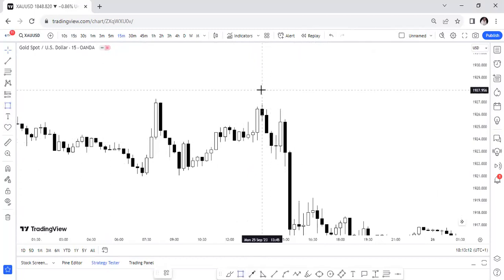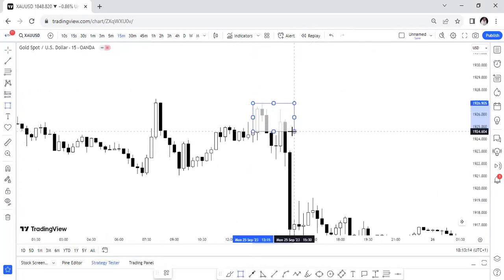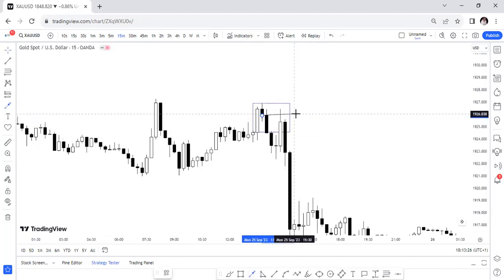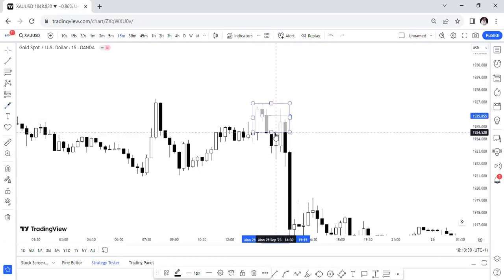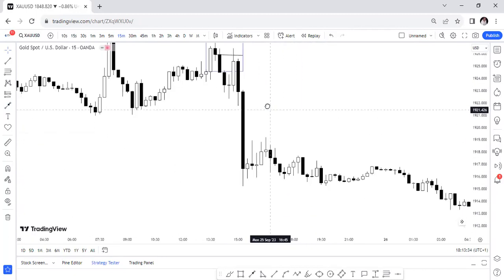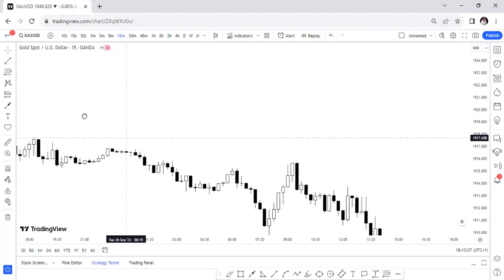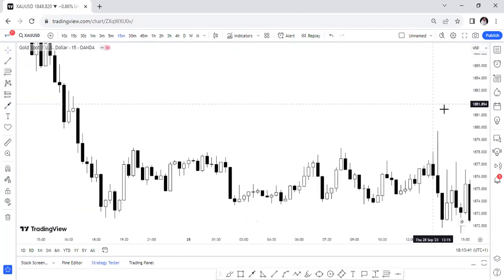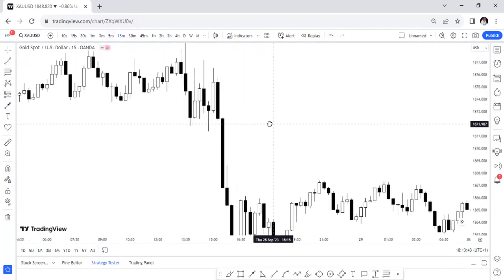If you got an engulfing here, this one does not have a range. This is a 15-minute chart. So we got an SNR here that it is reacting to, and it has a liquidity sweep here. When you see price close below here, it's a good opportunity for you to sell into that place.